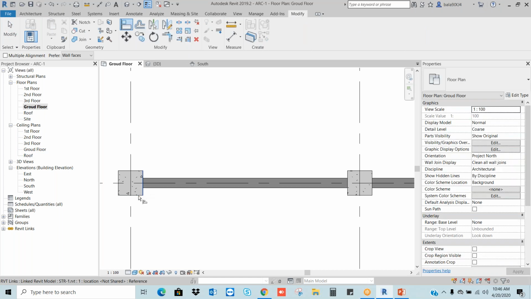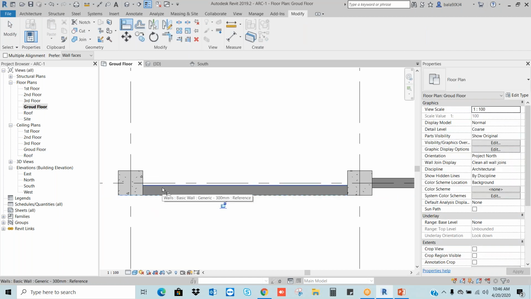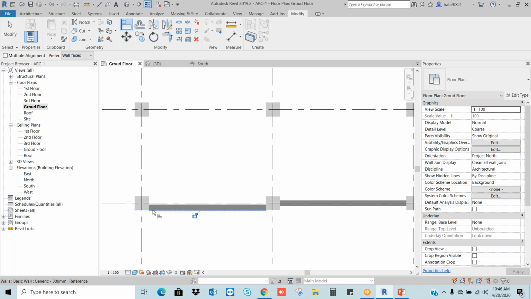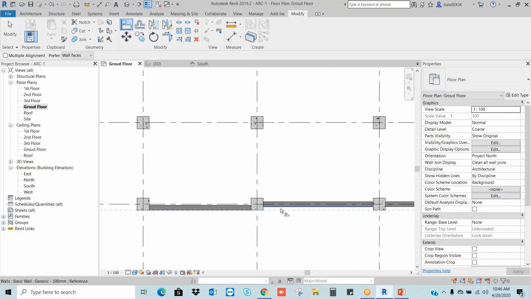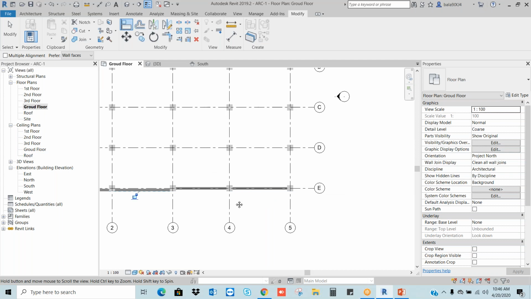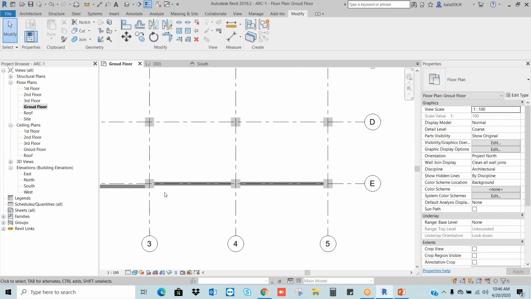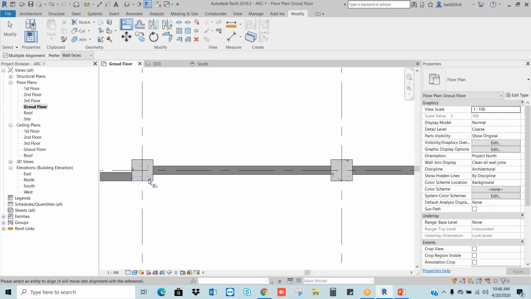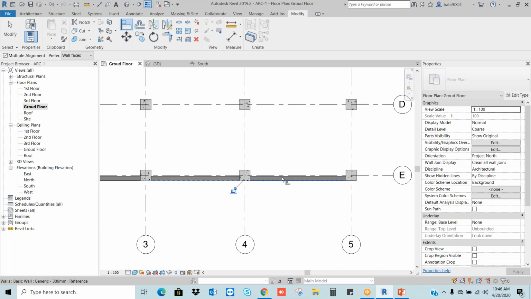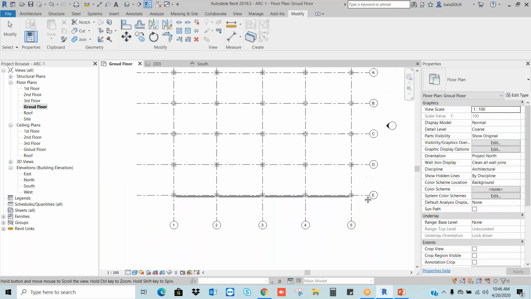Select it. This is my target and source. It will get aligned. Okay. Target and source. If I want to do it at a time, go to the align command. Here you can see one option called multiple alignment. Select it. If you select the target, one time is enough. A number of times you can choose the source. Okay. Now